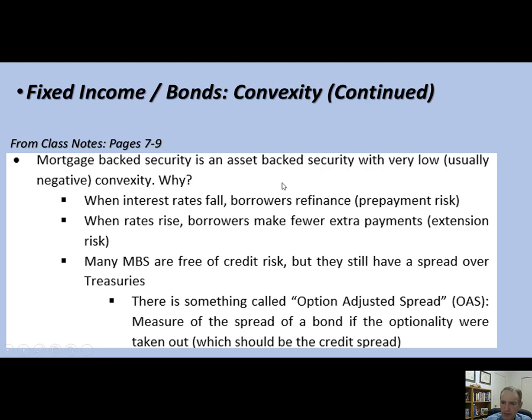What that means is, you remember the line with the blue and green line where convexity had the price always higher than duration? Well, with mortgage-backs, especially when interest rates fall, their price is actually lower than what the duration line would have. Why? Well, because as interest rates fall, borrowers will refinance, and instead of your bond price going up to 110, 120, rising in price, instead the borrower pays you 100. They pay you exactly what they borrowed. And so the most you can get is the face maturity value of the bond because they're going to pay you that. That's the wonderful thing about having a mortgage: you can refinance your debt anytime you want without really much of a penalty.